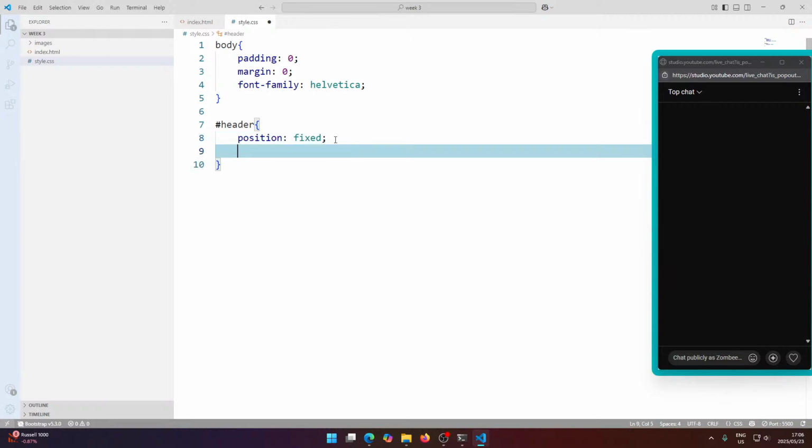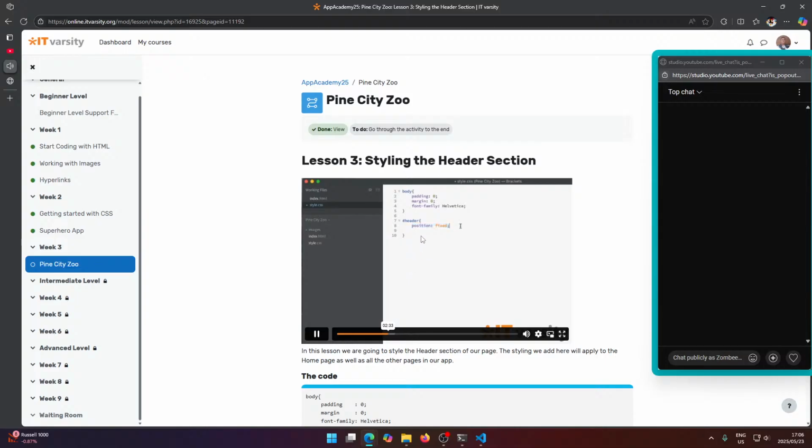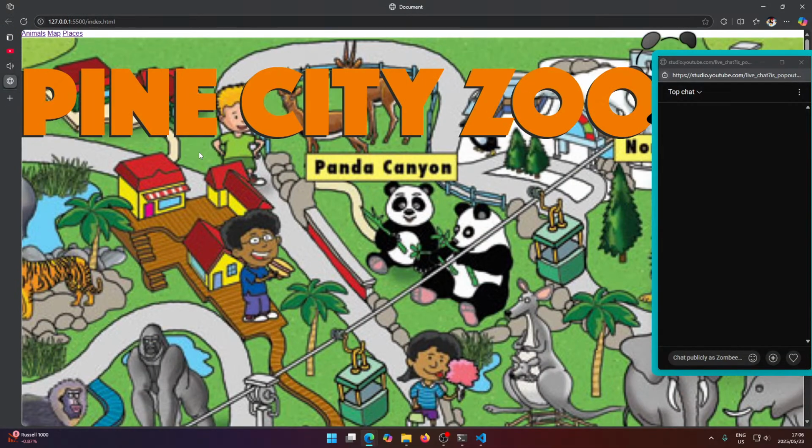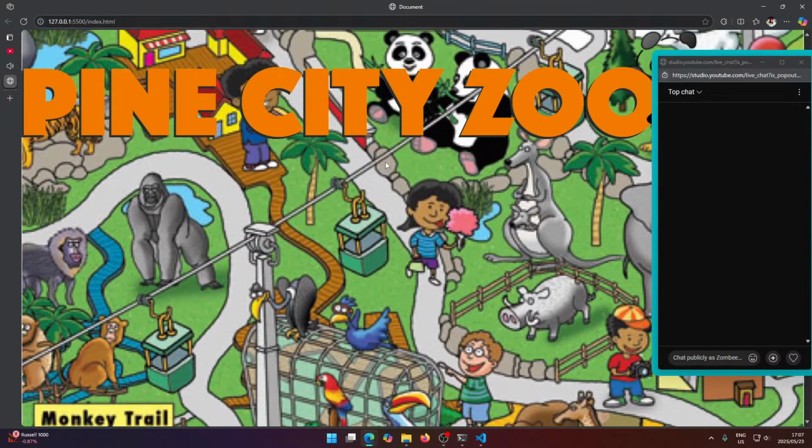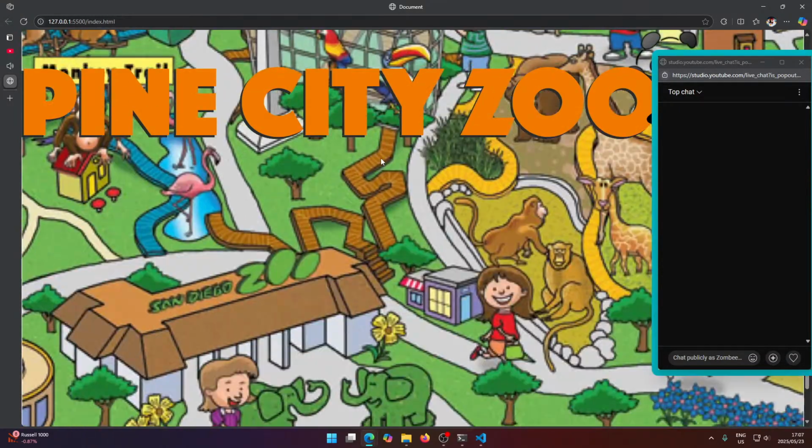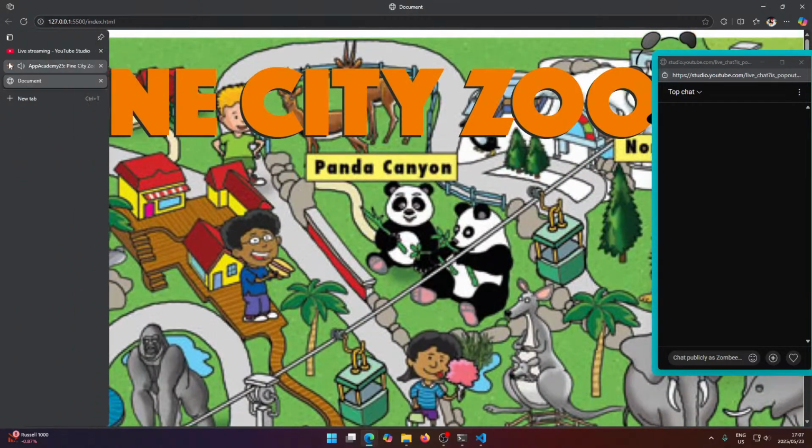In other words, it will be fixed at the top of the page. So when you scroll your page up or down, the header will always remain fixed. Alright, so if the position is fixed, we now need to tell our style sheet exactly where this header is going to be fixed. It's going to be fixed at the top